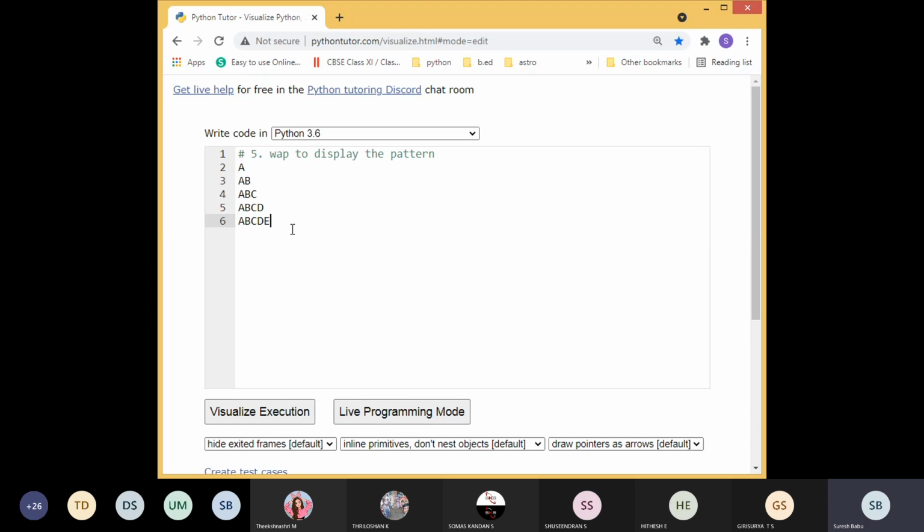I think we already discussed this in the previous class. Yes, we already discussed. Okay, so I just want to change the pattern. First line it should print A, next line B, C, then D, E, F. Continuously it is going to print.